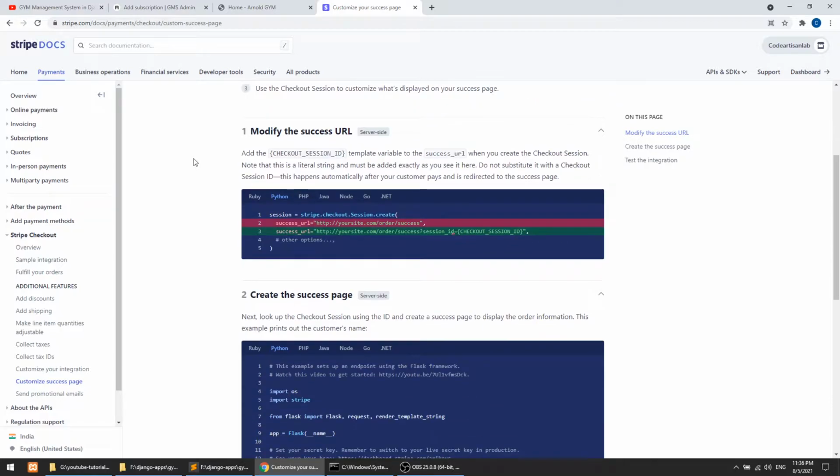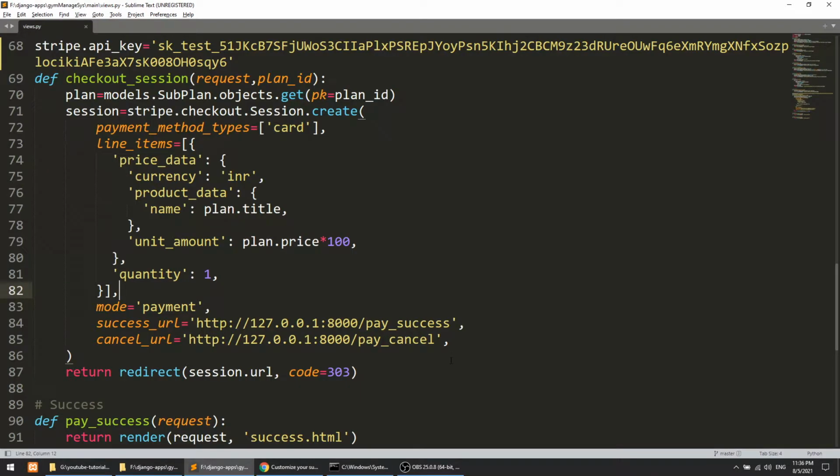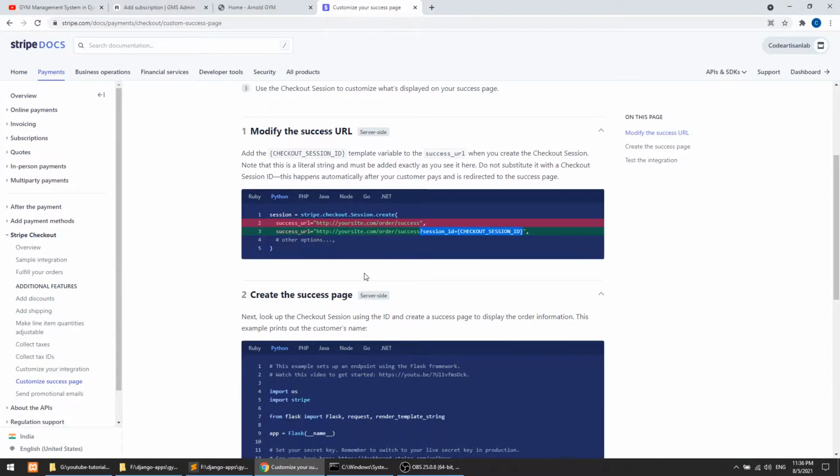In the success page, the first thing we need to do is pass this parameter. Okay, so let's pass this parameter. I'll go to the success URL here and add this parameter. Nothing needs to change here, just simply pass it as it is. It will automatically replace this checkout session variable with the actual session ID.